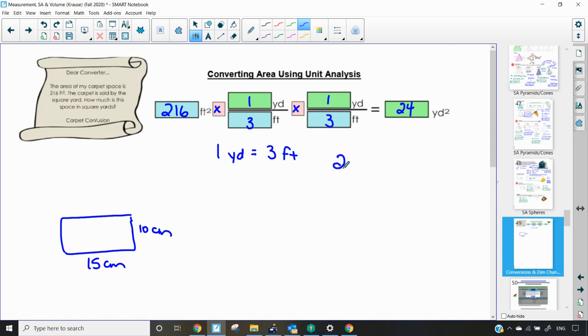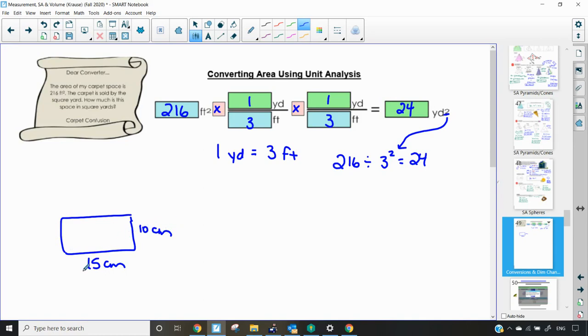If I take 216 and I divide by 3 squared, I will also get 24 yards squared. And so if I'm converting my area units, I can multiply or divide by the conversion squared. So square units, squared conversion. So taking a look at the example that I have here, if I wanted to calculate my area and then